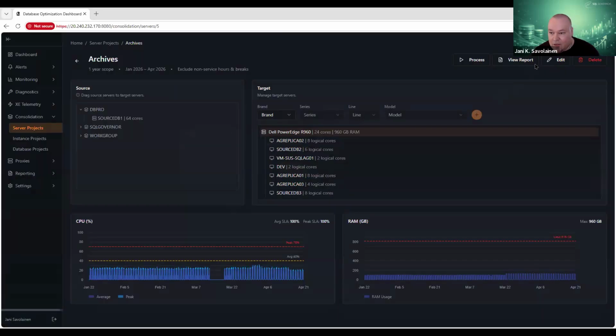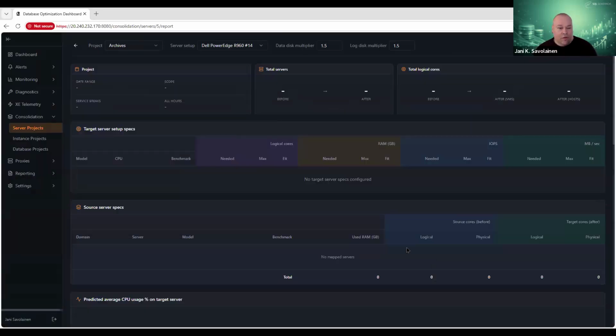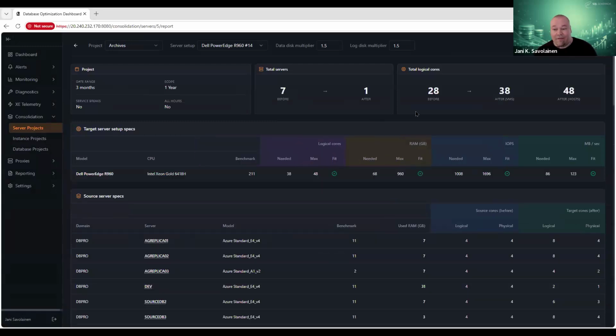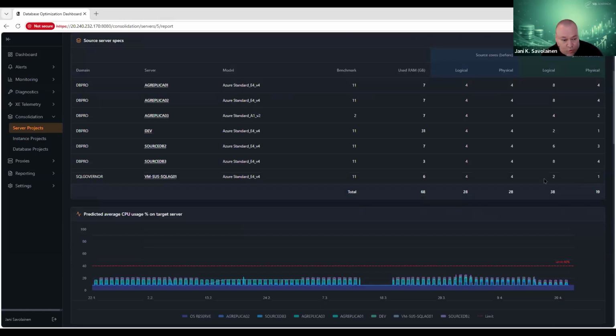Now it's finished. I can go to view report, and then I click again this view report when I have it. So I can see how the cores had changed against this setup, and then what the benchmark information is here. So it uses spec.org benchmarks. And of course then IOPS and throughput needs, and then against when they were on Azure but now